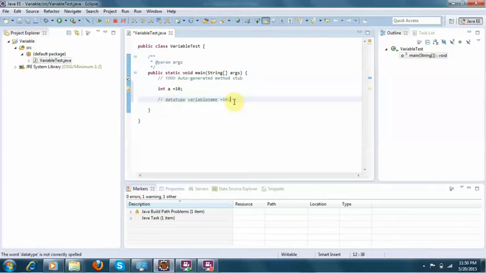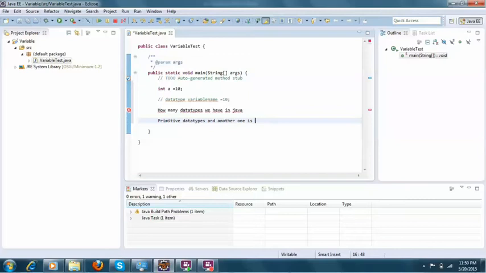Now the second question will arise: how many data types do we have in Java? In Java we have two kinds of data types. One is primitive data types and another one is non-primitive data types. In this class I will explain some primitive data types. So what primitive data types do we have in Java? Those are